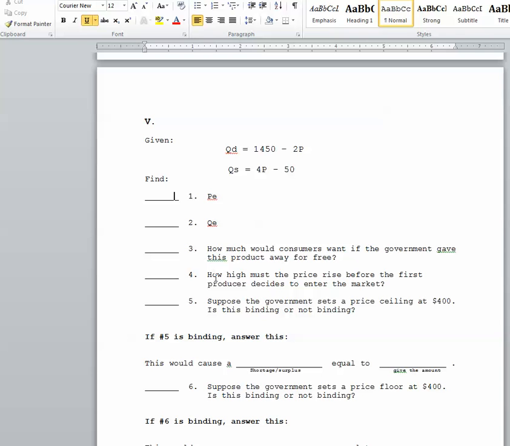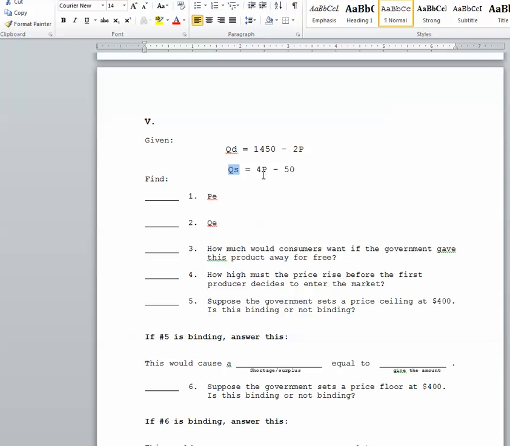Well, in this case, if the government gave the product away for free, that would be this price up here. So if we set the price equal to 0, how much would people want? That's what that question's about. And the next one is, how high must the price rise before the first producer decides to enter the market? So that relates to the supply equation. And what you would do is you would set the quantity supplied equal to 0, and figure out what price would be necessary to get the first producer to come into the